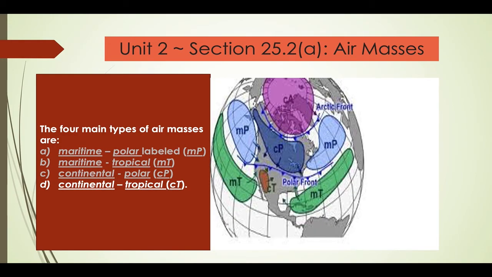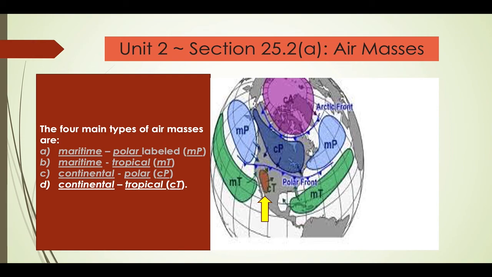And finally, tropical, coming off the land. So off our great deserts, Mexico, any of that land where it forms there and starts to move up. Be tropical, so it's continental, coming off the land, tropical. So off the water from the poles, off the water from the tropics, off the land from the poles, off the land from the tropics. And that's our 4 types